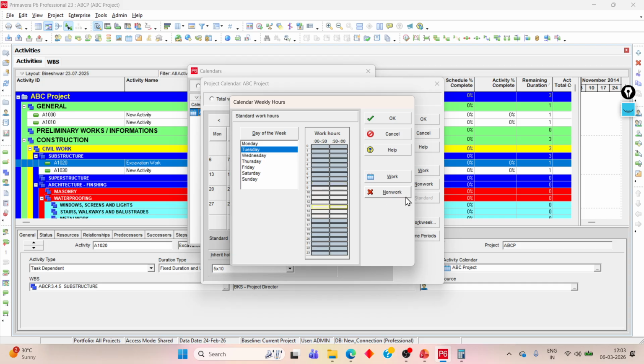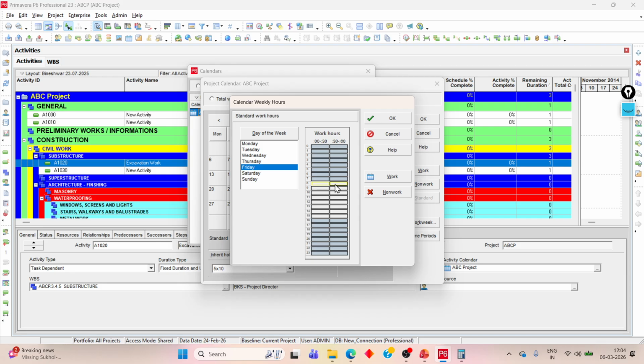Non-work, non-work, non-work, work. 8 non-work, 1 non-work, work. Friday we are working here since this project is not for